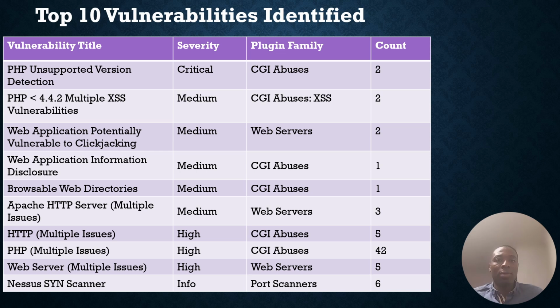unmaintained. This table summarizes the top 10 vulnerabilities identified during my Nessus scan of Gaprix 2. The most critical issue is the use of PHP version 4.3.9, which is unsupported and exposes the system to unpatched exploits. Additional findings include multiple cross-site scripting vulnerabilities, clickjacking risk, information disclosure, and browsable directories, all of which